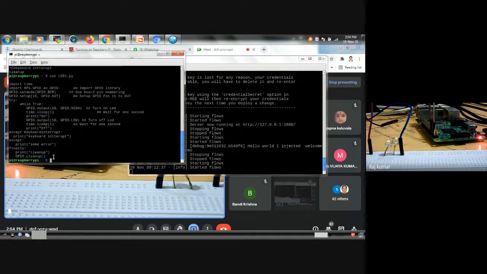Otherwise, if you abnormally terminate the program, the resources will still be engaged with those GPIO pins, and if you try to run some other program, it will cause an error message saying this pin is already in use by some other process. Such errors can be avoided by putting that code in the try catch block, that is exception handling, and finally you have to clean up the GPIO pins once the program execution is over.